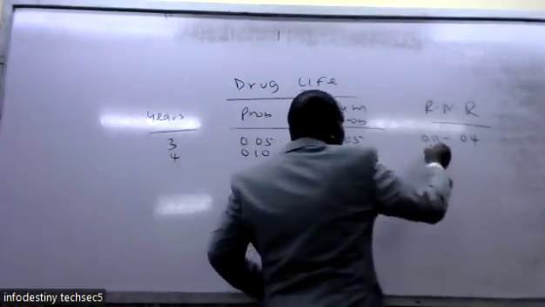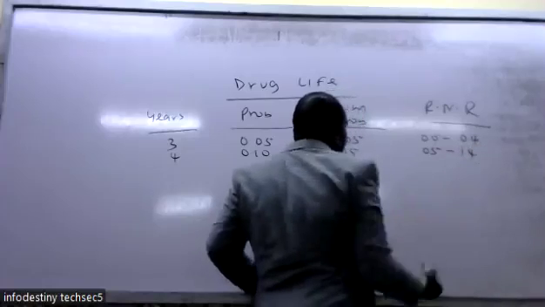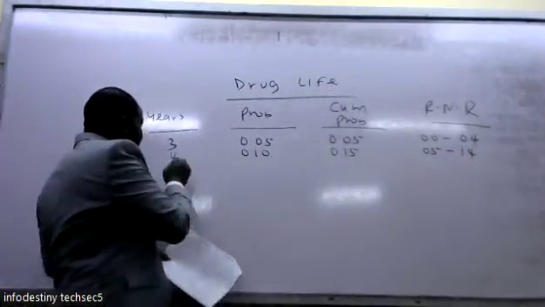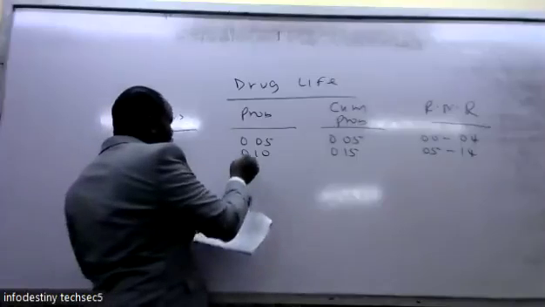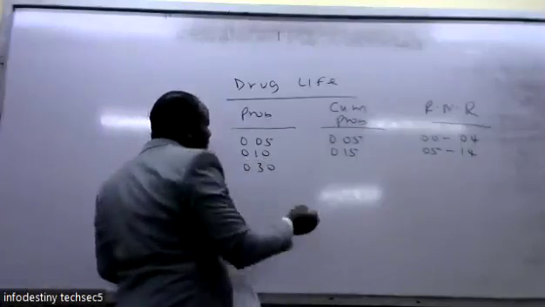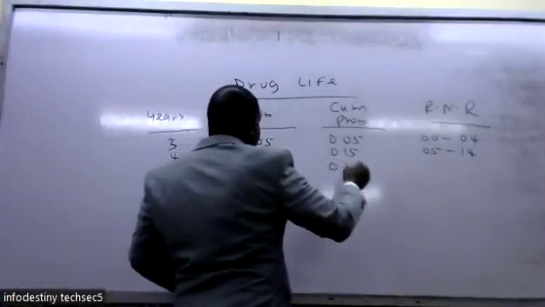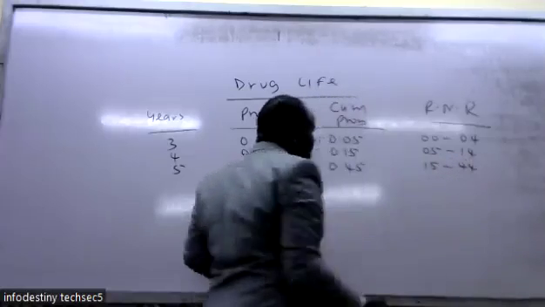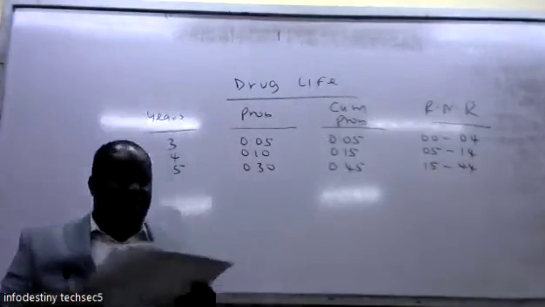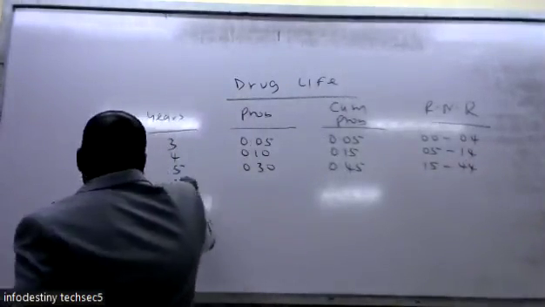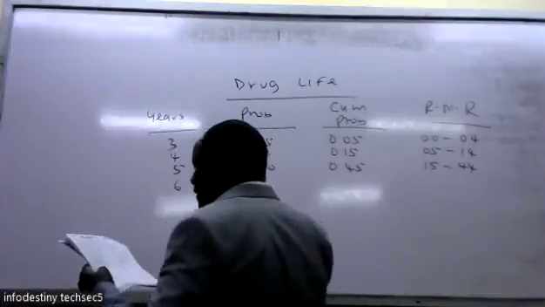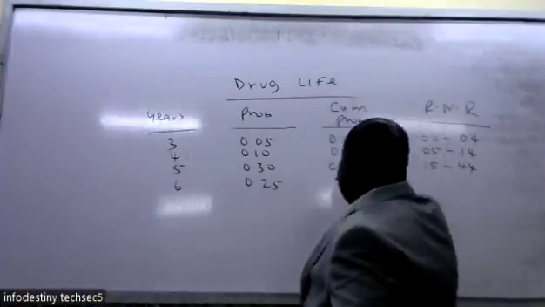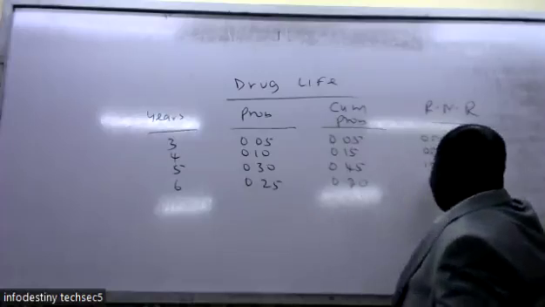0.15. So we start from 0.5 to where? 14. The next one will be 5, so it will be 0.3. So the cumulative is 0.1. So we start from 15 to where? 14... 94. The next one, they gave us 6 years, and for the 6 years they gave us 0.25. So the cumulative will be which year? So the range will start from 45 to